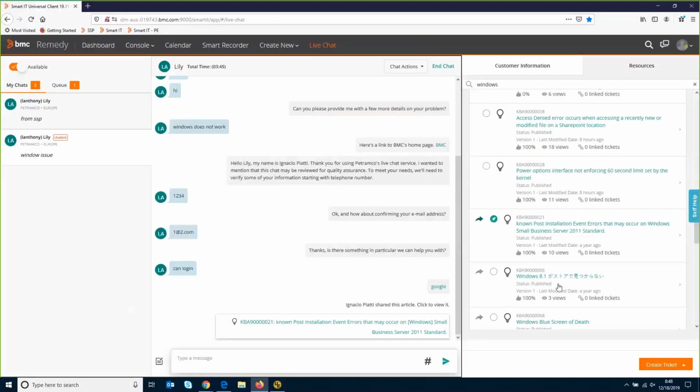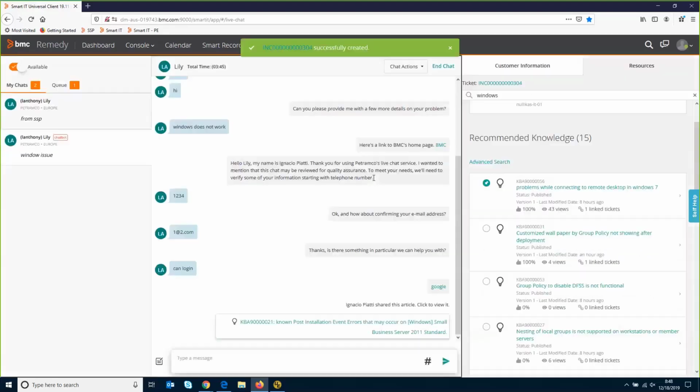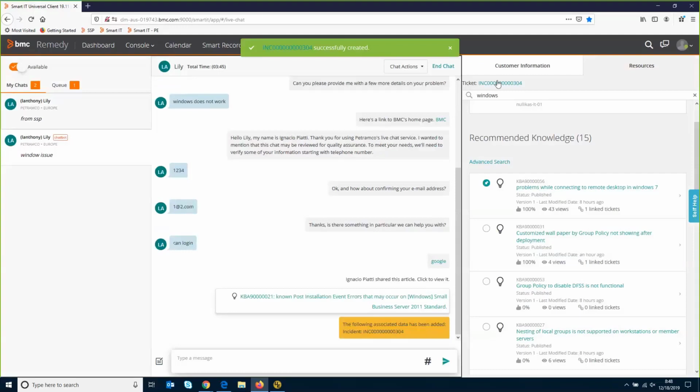I go back here and I said, okay, I got all the information I needed. I'm going to create an incident for you. I'm not going to use the template in this case, but I'm just going to create an incident. You have a choice between work order and incident. So the incident's created, it gets added to the conversation, and the link to the ticket gets linked